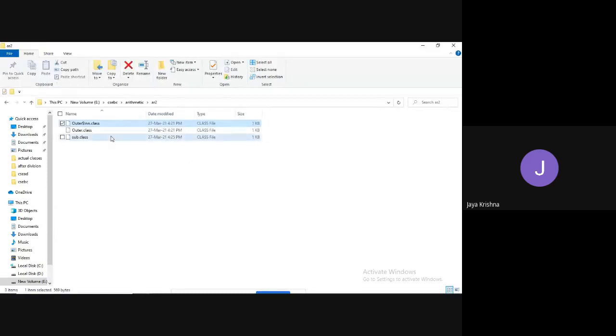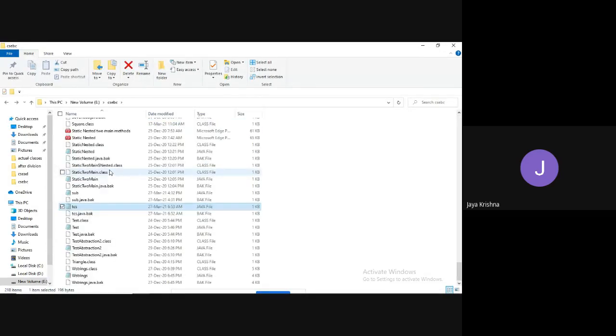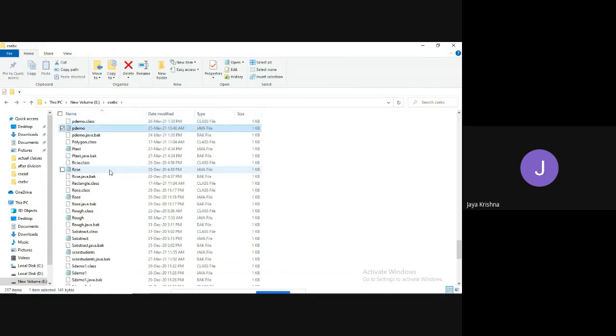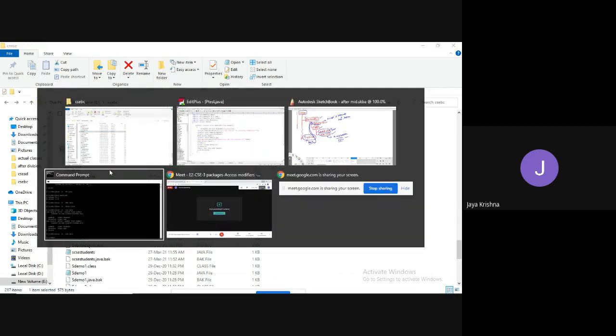So outer class is there, subclass is there, add class is there. So the test.java file is also available. I'm going to delete test.class. Okay, fine. This is ptest, right? The test file is there. Now I'm trying to compile.